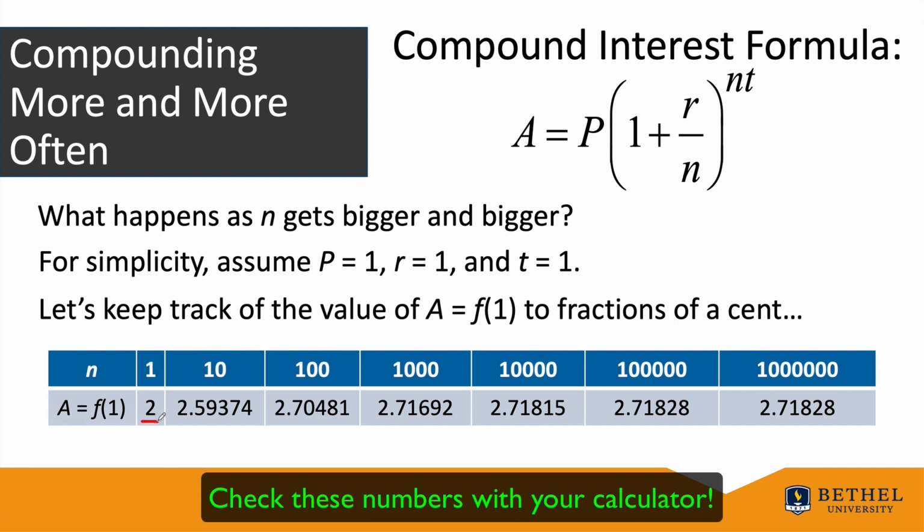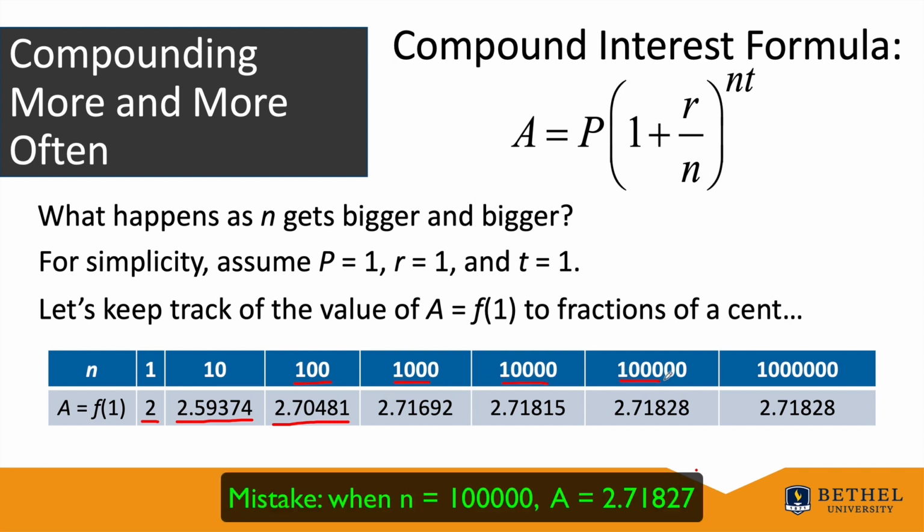When n is 1, P has doubled from 1 to 2 because you had 100% growth compounded once. When n is 10, it turns out that P has grown from 1 to 2.59374. Interest was compounded 10 times in the year at a rate of 1 divided by 10, or 10% each time. When n equals 100, so that you get 1% interest 100 times in 1 year, then $1 grows to $2.70481. As n keeps increasing to 1,000, then 10,000, then 100,000, then 1,000,000, we continue to see an increase, but